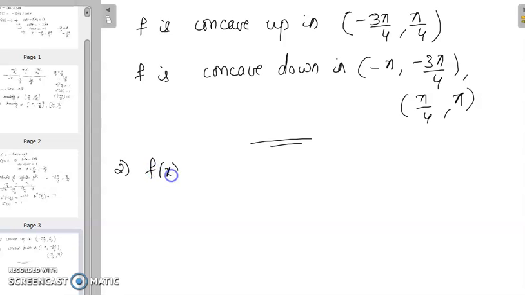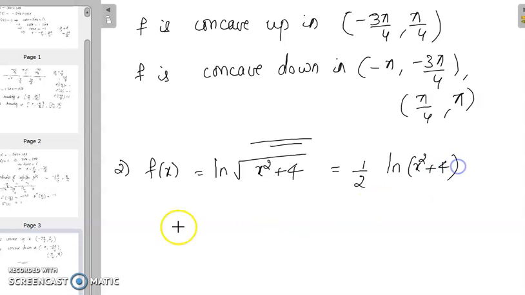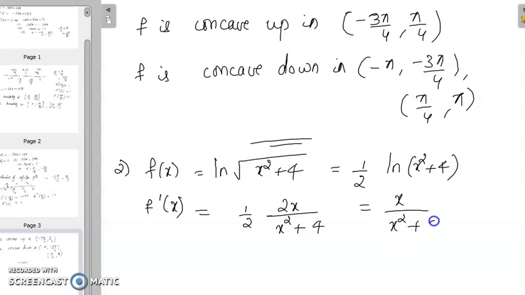Now f of x equal to ln of root of x square plus 4. So we will find the intervals where it is increasing, decreasing, concave up, concave down, and inflection points if any. So this can be written as 1 by 2 log x square plus 4. So first of all we will find out f dash of x. So f dash of x is 1 by 2 into, so you will get 2x by x square plus 4. So that is x by x square plus 4,